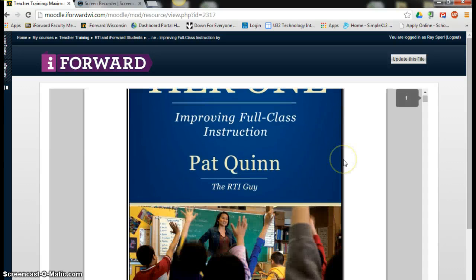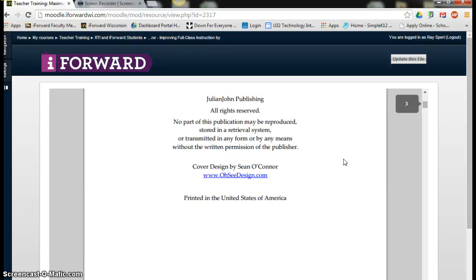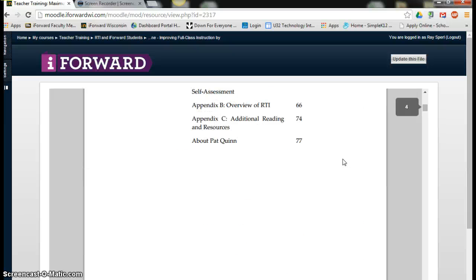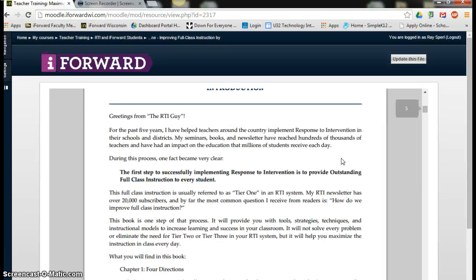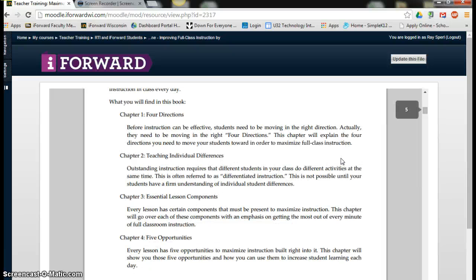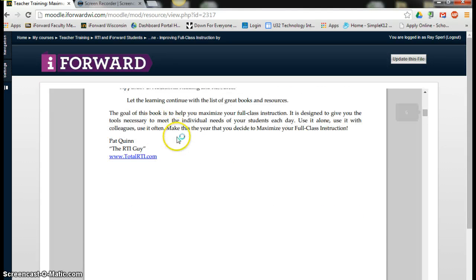And it's a 110-page book, and so you can simply read through that at this point. If you had an iPad or whatnot, you could download this into your Kindle if you wanted to, and then it would record where you were at each time. Okay? But for our training purposes,